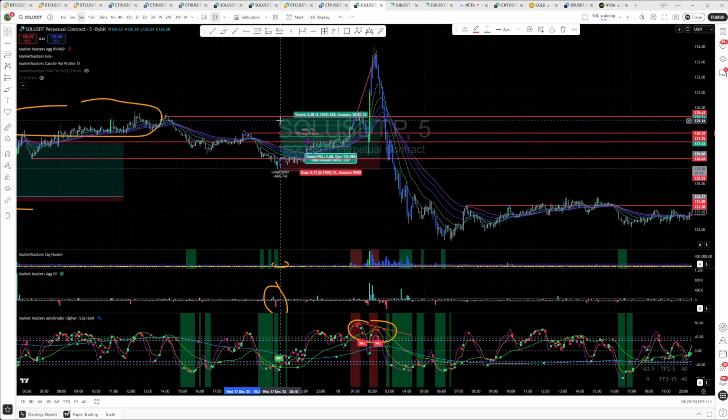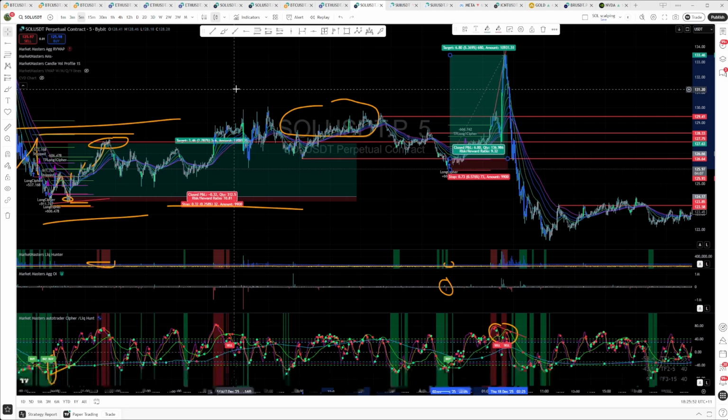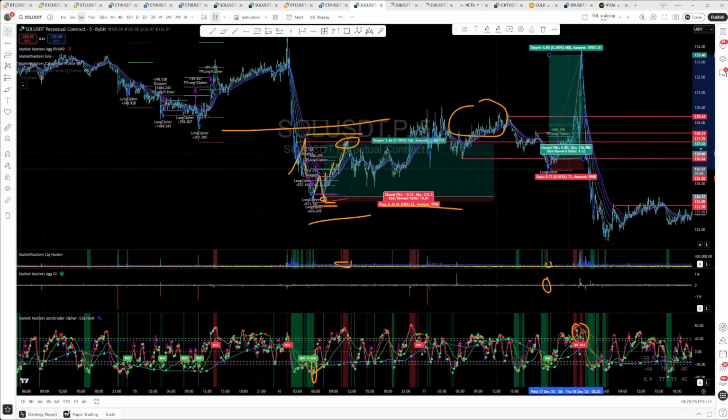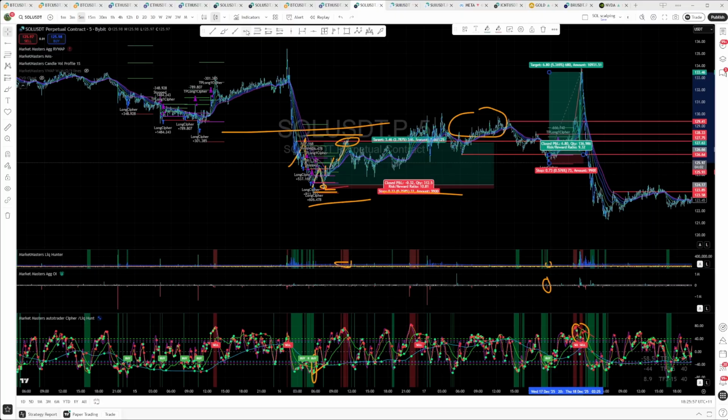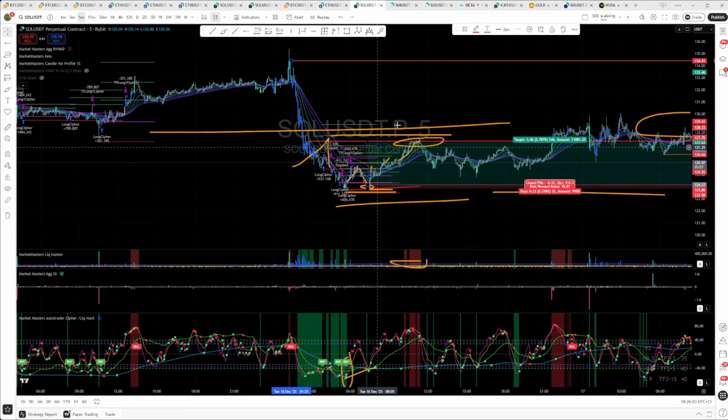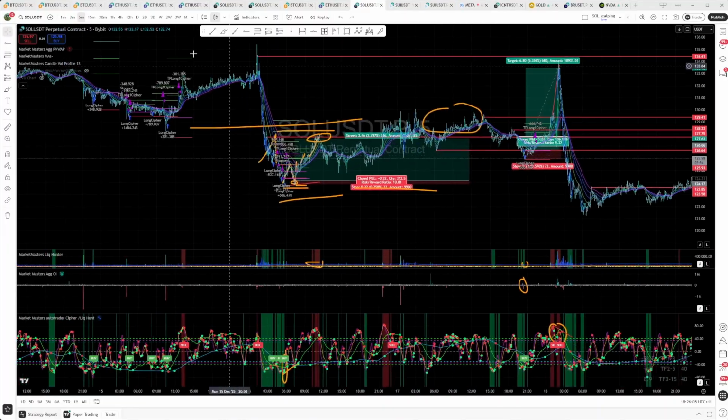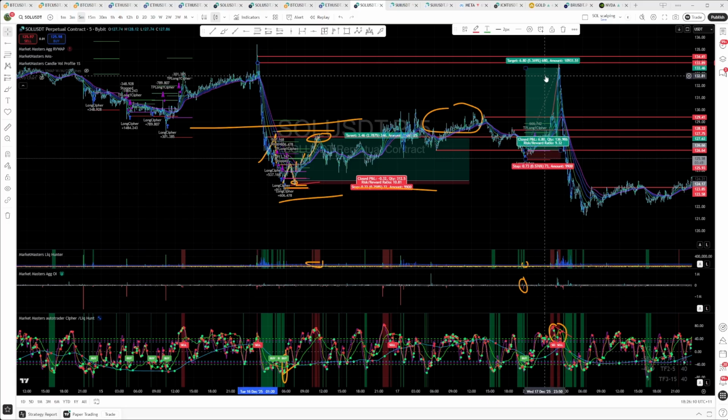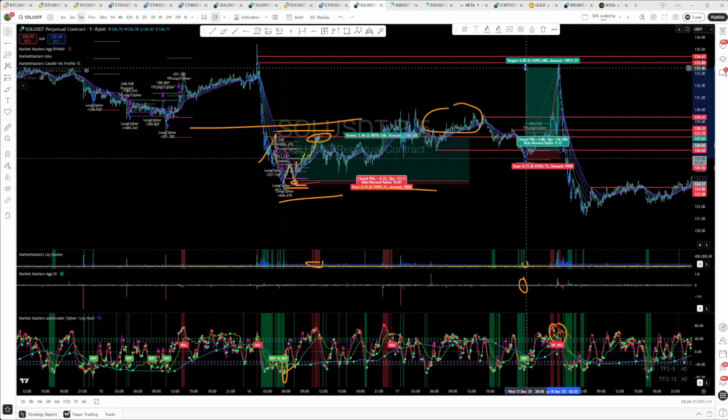Even though it could have run further, there's no way for me to estimate where that was going to go anyway, because we didn't even hit this high. So I guess maybe if I had done the body there, would that even be? No. So there's probably a point of control here somewhere as well, which actually got hit, which would have been probably the best place for it. But yeah, in this case, I wasn't going for super long